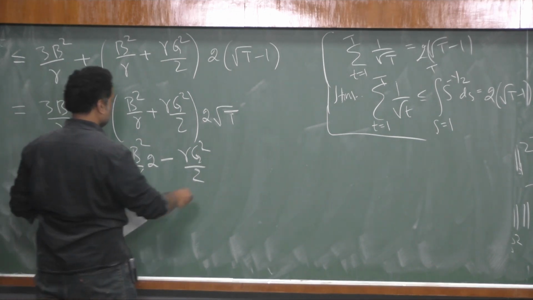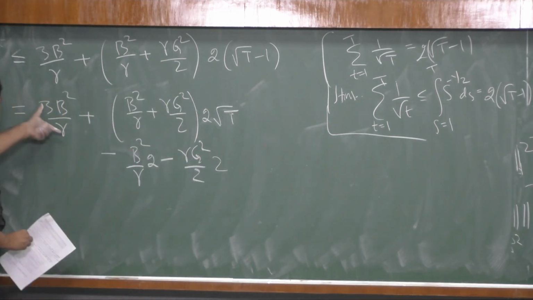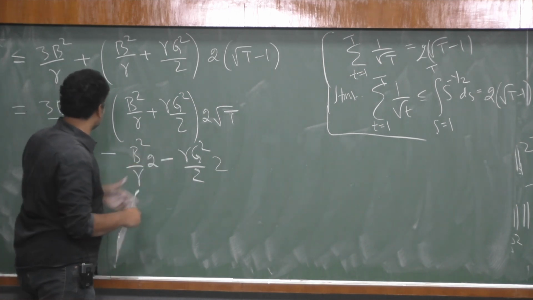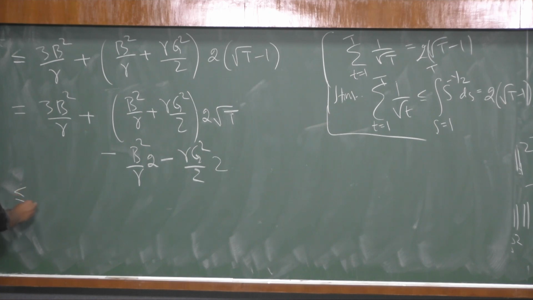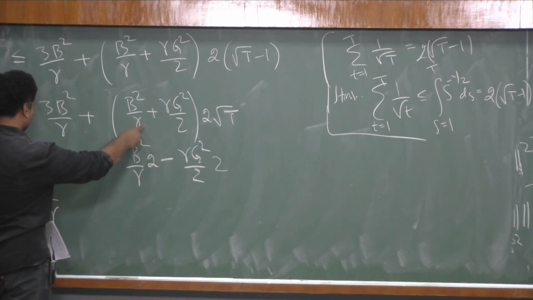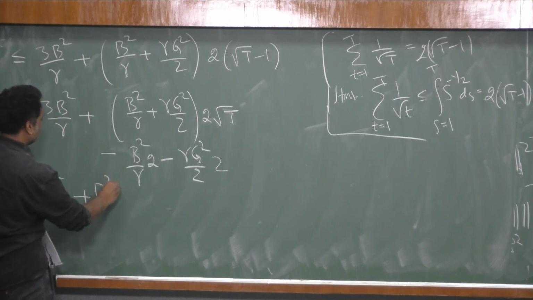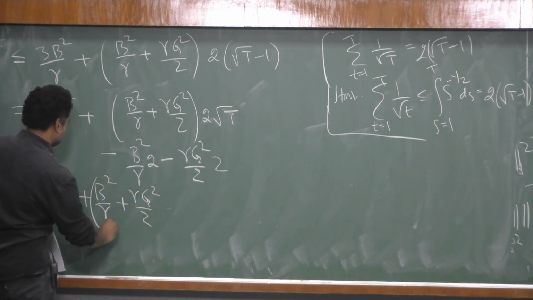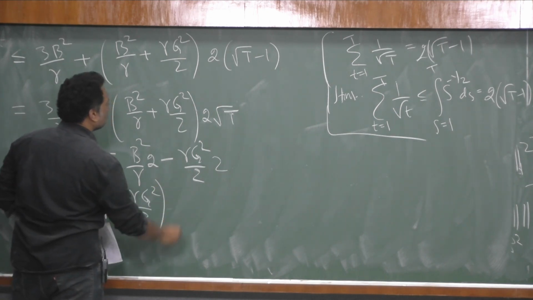Okay. So this we can clearly subtract from this, and this being a negative term, we will drop it and still keep an upper bound. So this is less than or equal to b squared by gamma, and then we drop this, and what we have is this plus b squared by gamma plus gamma g squared by 2, and then 2